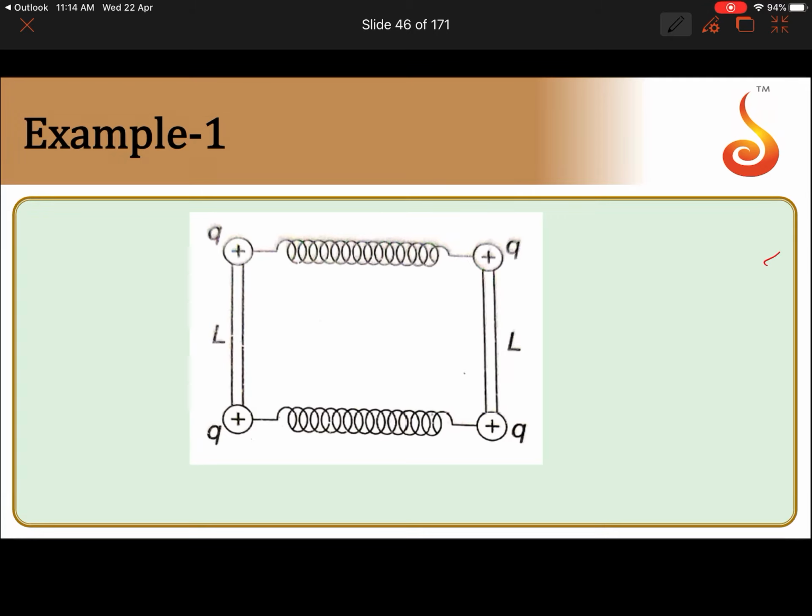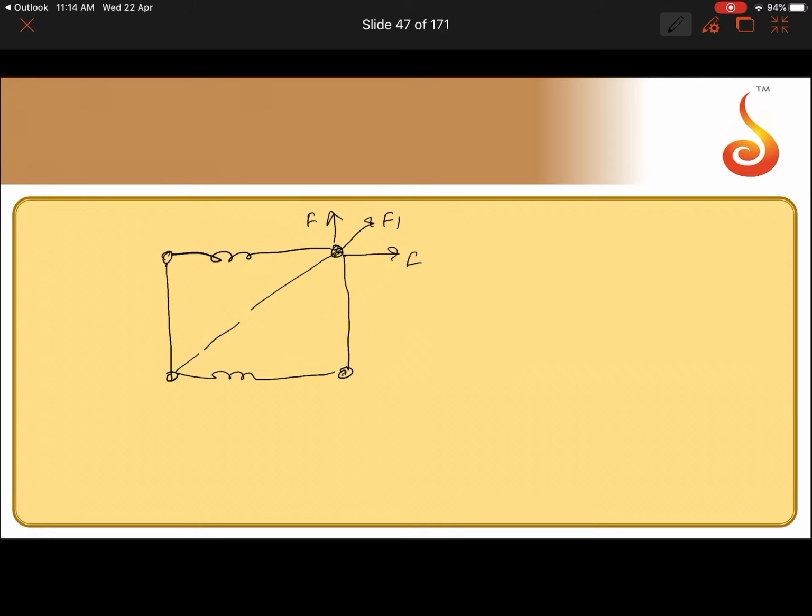So let us take the situation like this. Force on the charges F, and the spring force, because length of the side is L and natural length of the spring is L by 2. So extension is L by 2. F we can see that